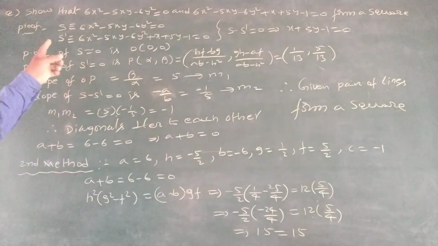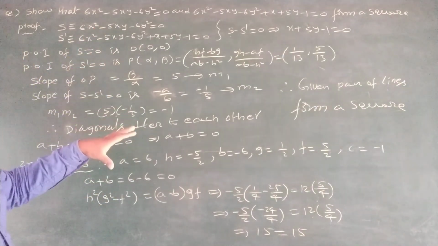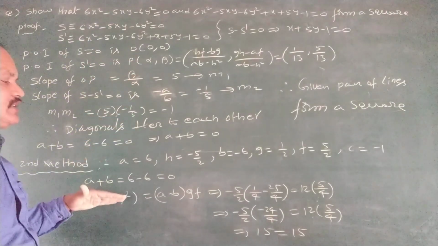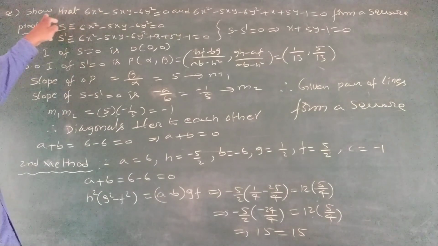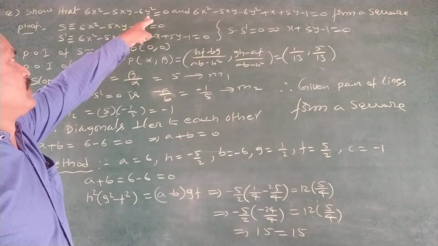Especially this question is very, very important for 7 marks in the IP board exam. Two processes are there. In the IP board exam we have to do this process, and it is the objective process. Now the question is, the equations 6x square minus 5xy minus 6y square is equal to